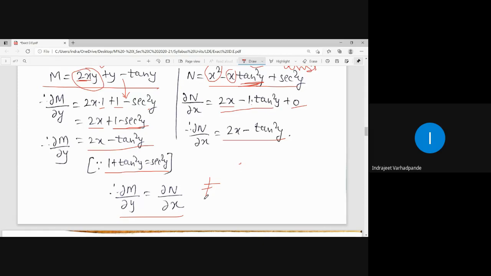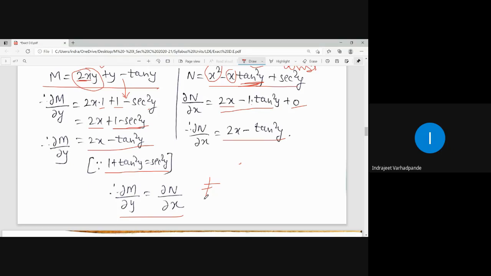So sometimes, just for testing you or for the sake of confusion, you may be asked to check whether the given differential equation is exact. If you are attempting the paper in a descriptive manner or offline examination, whatever equation is given is exact and you have to solve it. But in MCQ pattern, I can throw a question asking you to check whether the given differential equation is exact or not.